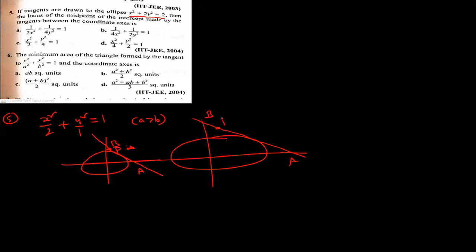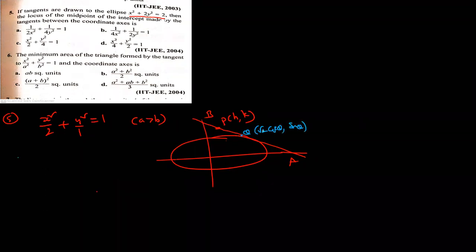Because P is somewhere, not on the ellipse. Consider that diagram. So this is B, this is A. Suppose P is the midpoint of AB. Now what is the condition given? So dear students, what is the equation of the tangent here? Every time, what is the suitable method? The point is root 2 cos theta, sin theta. This is the parametric form.